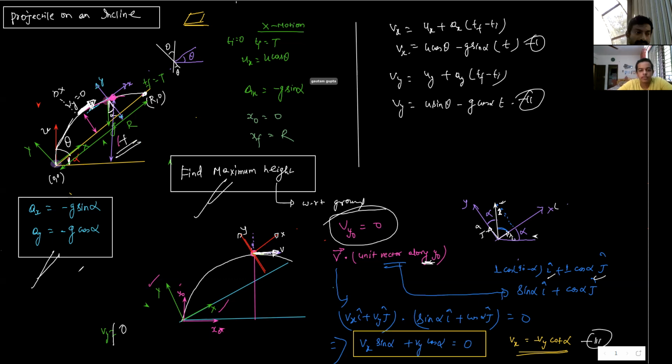Any doubt or not? Tell me frankly. No, sir. Okay. So this is your projectile motion. But you have to do a lot of questions. Once you do a lot of questions, you can now do in Irodov, there are 1 or 2 questions on projectile on an incline. So you can do that question also. And so basically in kinematics, what is pending now is